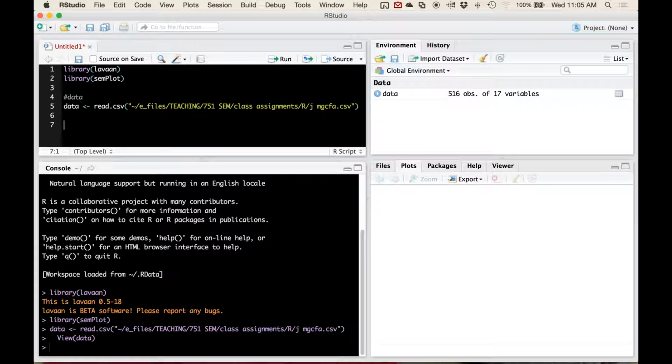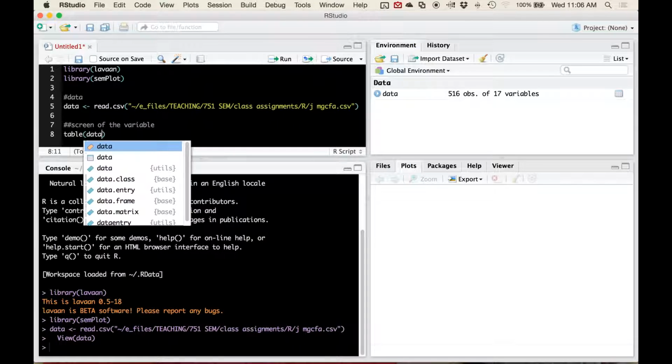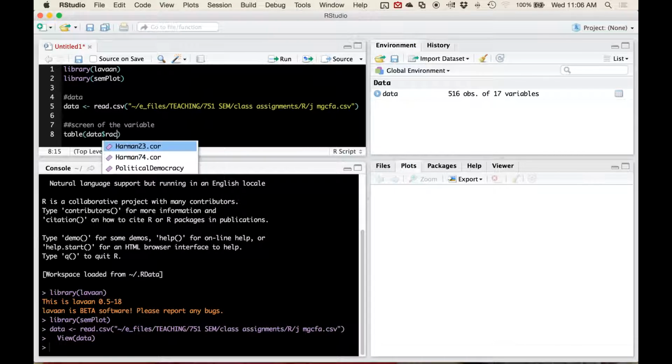Now, generally, you're also going to do data screening. And so you'll already know the answer to this question, but since I'm not showing you data screening in this example, and if you're interested in data screening, I have another video on how to do that in R, what I'm going to do instead is do a quick screen of the variable. Okay, that's mostly because I haven't done data screening. So we're interested in the race test variable. So I'm going to pull that variable out